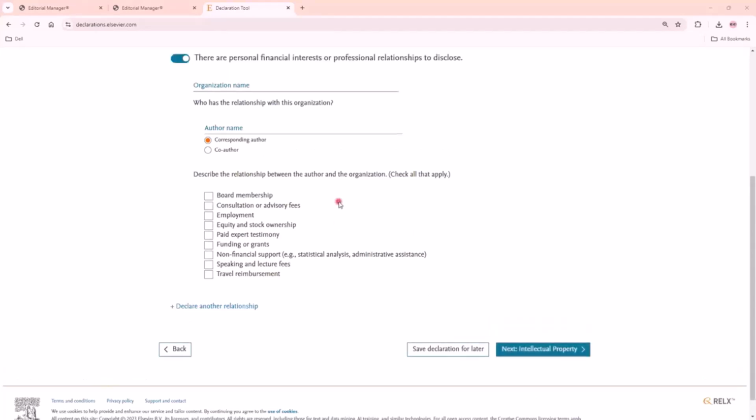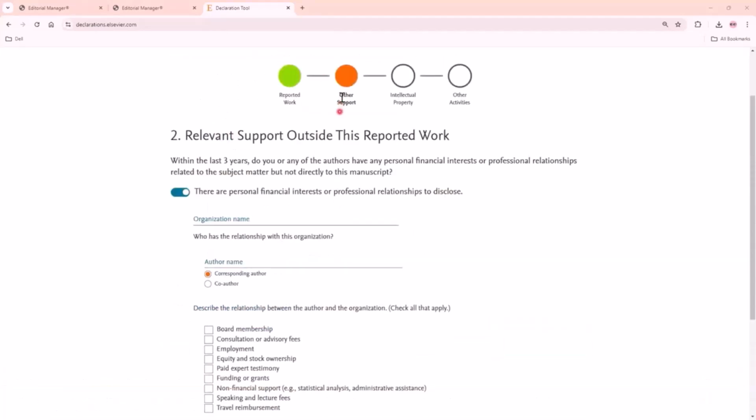Now I'm taking you to the next one, which is other support, where you will have to disclose any kind of relevant support outside this reported work, where you will disclose if you or any of your co-authors have any financial interest or personal relationship related to the subject matter, but not directly to the manuscript.